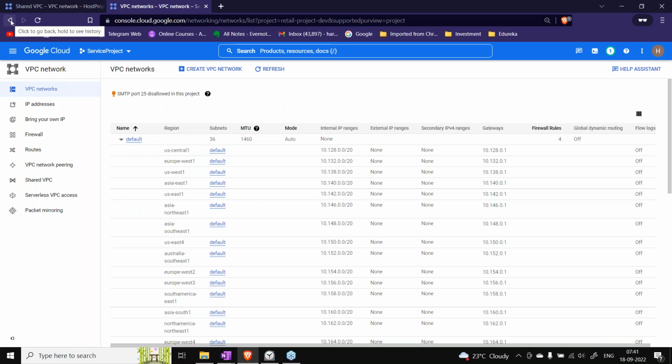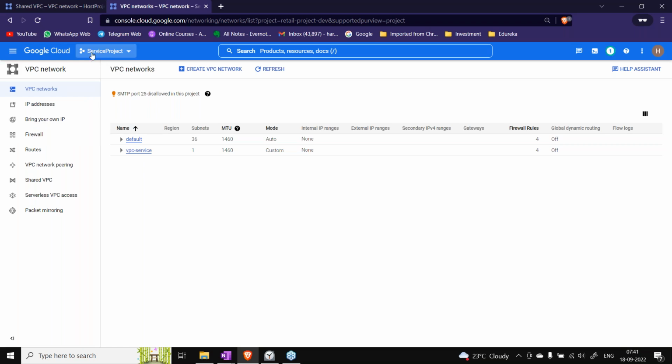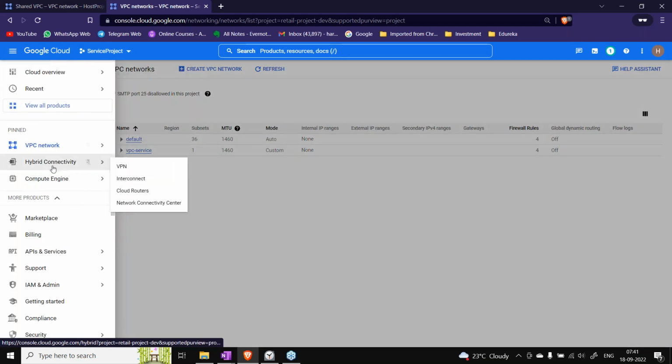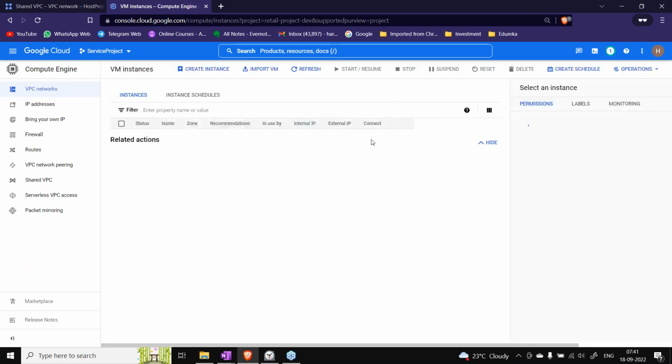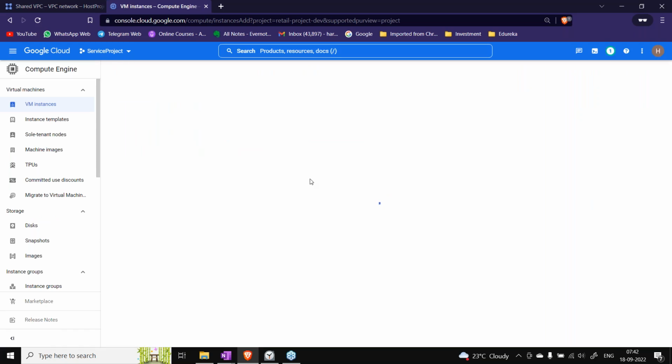Samshare says host and client. No, we have not yet created any shared VPCs. So this is showing these two entries from the same project. So if we are trying to create a VM instance in this particular project, it can only use its own VPCs right now, right?